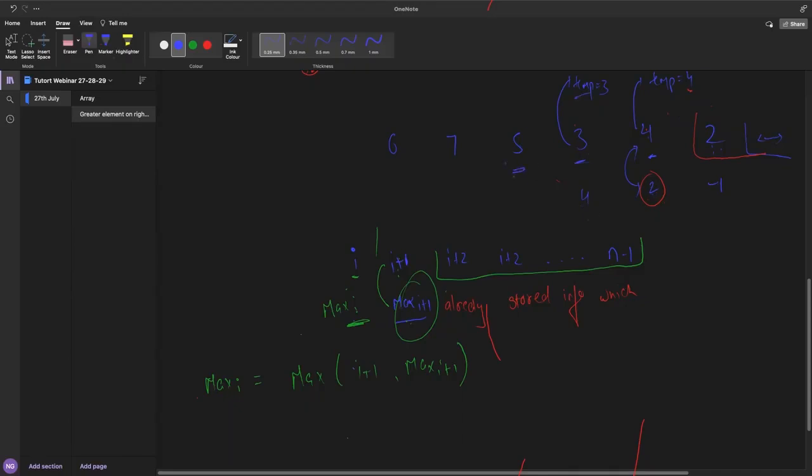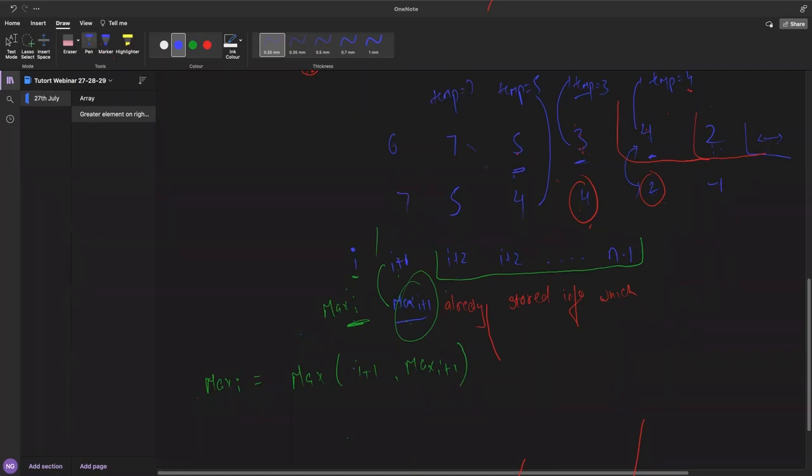Now for 5, I know that this 4 is nothing but the maximum element among all the elements after the next element. For 5, the next element is 3. After 3, whatever the elements are there, 4, 2, whatever, the maximum is 4. It does not just compare with the 3. So I compare 4 and 3, it will be replaced by 4. Okay. So now temp is containing 5. For 7, I will be comparing 5 and 4. For 6, I will be comparing 7 and 5. So it will be like this.